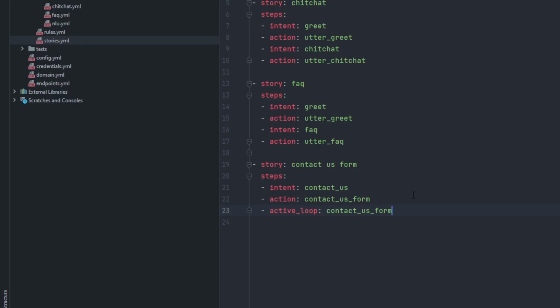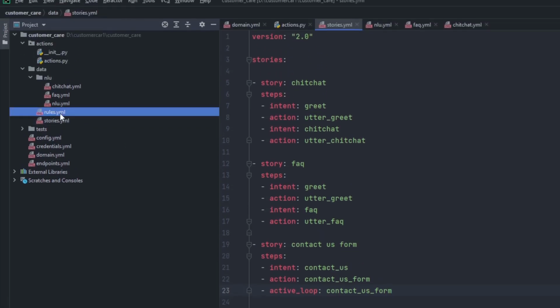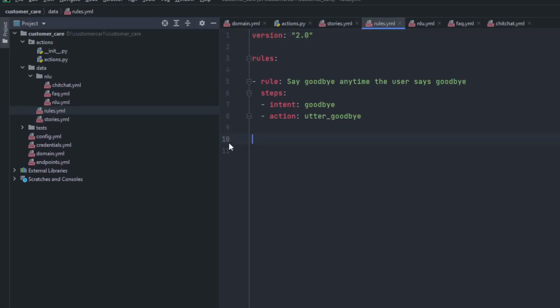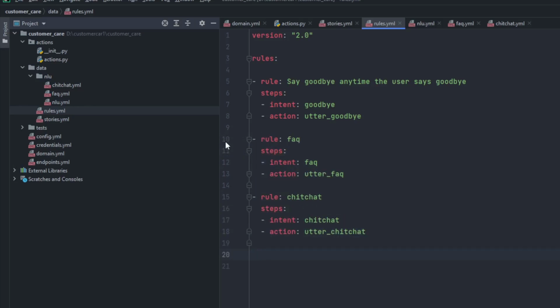So now let's add some rules. Go inside rules, remove this one, and add a rule for FAQ. The steps will be intent FAQ, and the action should be utter, and the same goes for chit chat. Now, when should the out of scope trigger? It will trigger on NLU fallback. So we'll add NLU fallback, and the steps will be intent NLU fallback, and the action will be utter